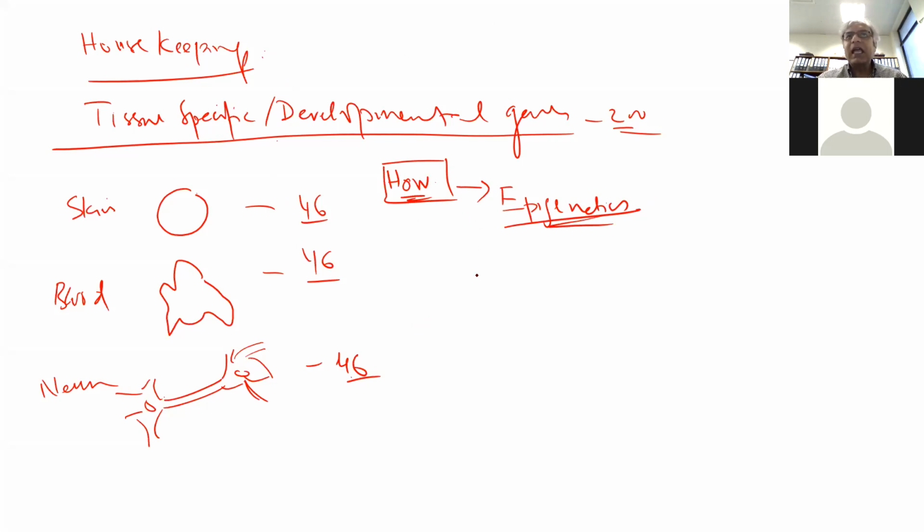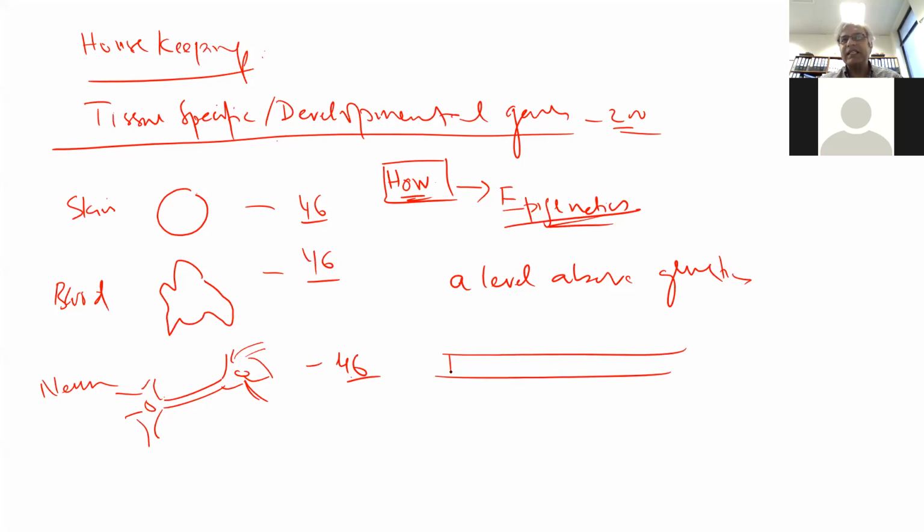But a level above genetics, where the basic genetics is the DNA sequence in the chromosomes, there's no change at all in the DNA sequence, but a level above,